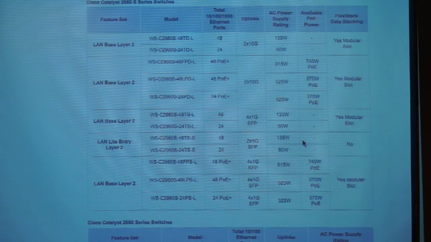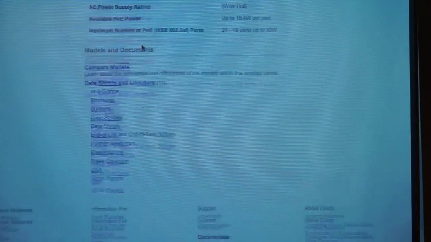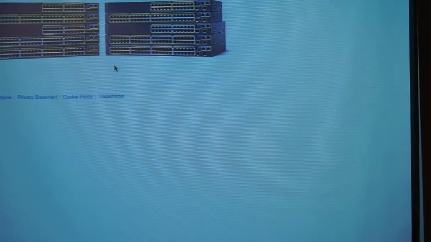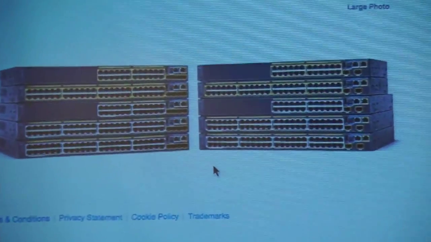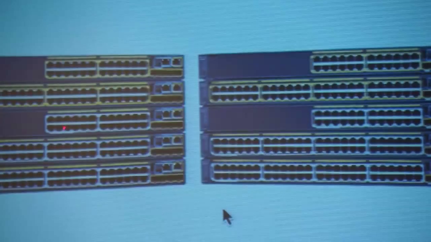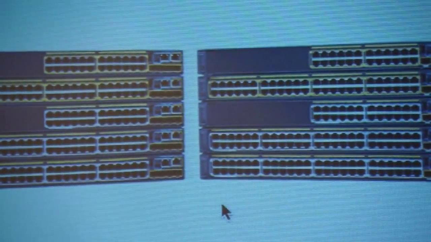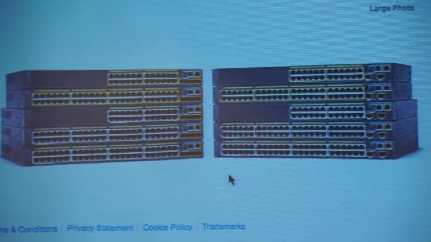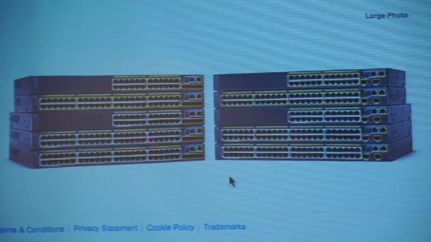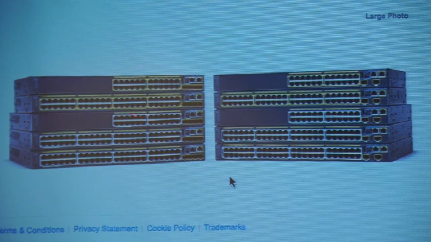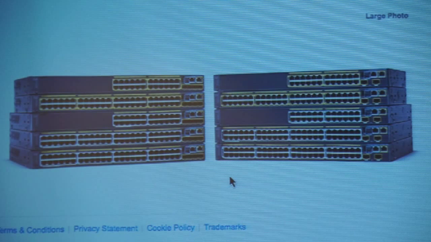But here's what the switch looks like, and we can go back 1 slide. And here's what they look like. Now when you look at these things, see these yellow ones? That yellow is the power ports. So this one doesn't even provide power. That's a stackable WS-C2960S 24-port switch. If it doesn't have yellow, it doesn't have power over Ethernet. So you can kind of tell that when you look at the front of these things.